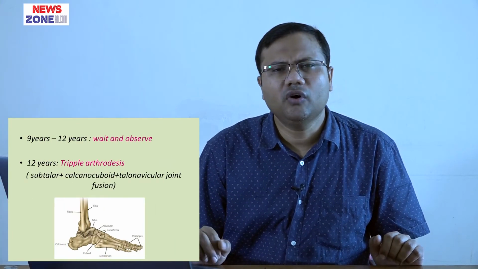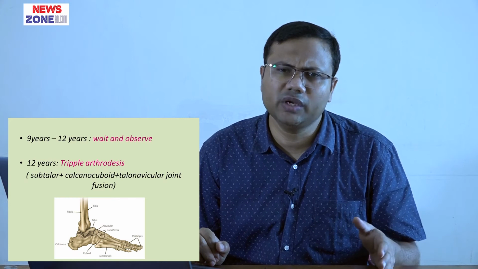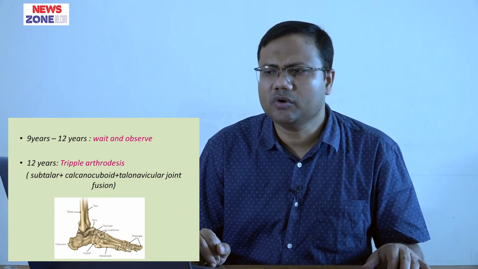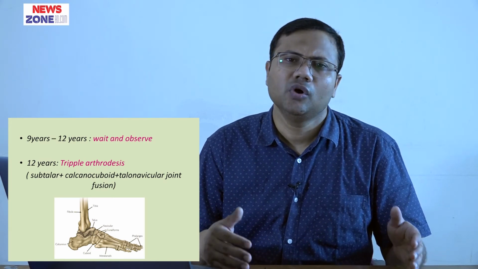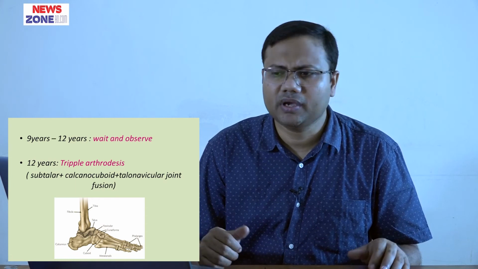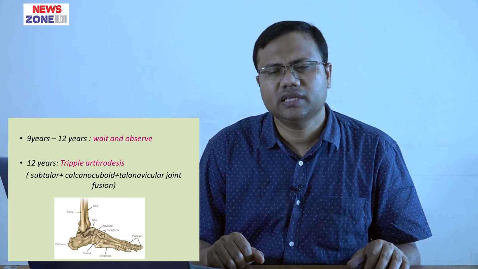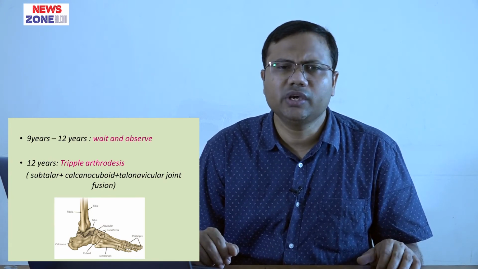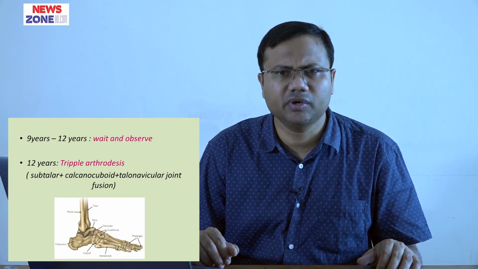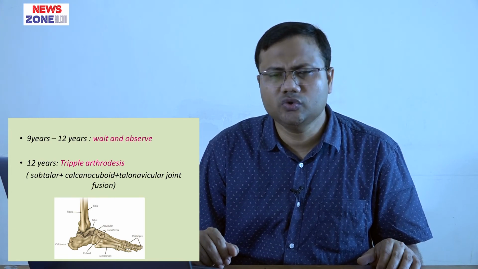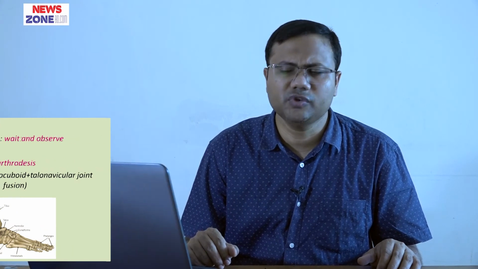And for club foot in older children, for 9 to 12 years we will wait for maturation of the bone, or we have to wait to see what types of problem the patient may develop, and then we can do triple arthrodesis. What is that? That is the correction of the deformity, and we can do arthrodesis of the subtalar joint, calcaneocuboid joint and talonavicular joint. And after that we keep a plaster to maintain the position or for fusion of the joints.